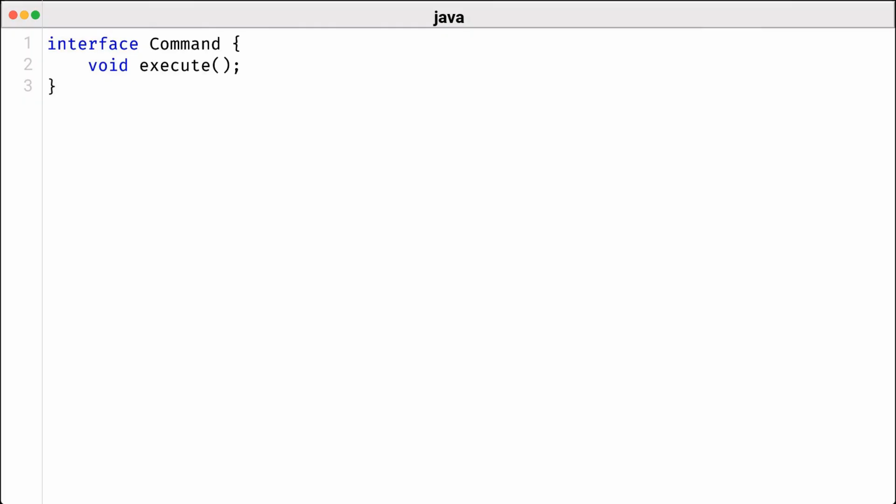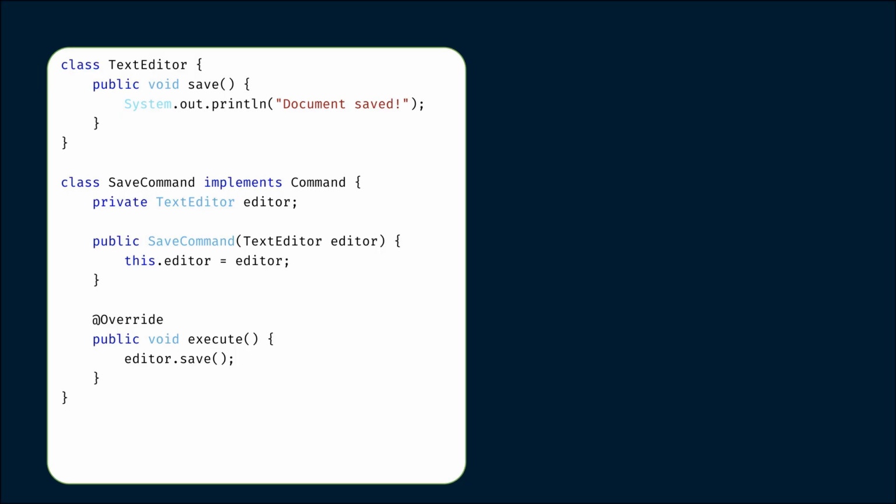Every concrete command will implement this interface to perform its designated task, ensuring a uniform approach across various commands while encouraging the separation of concerns within our application. This design not only promotes a clear contract for command behavior, but also enables easier modification and expansion of command-related functionalities in the future. Next, we will write the following code defining our concrete command for saving documents within the